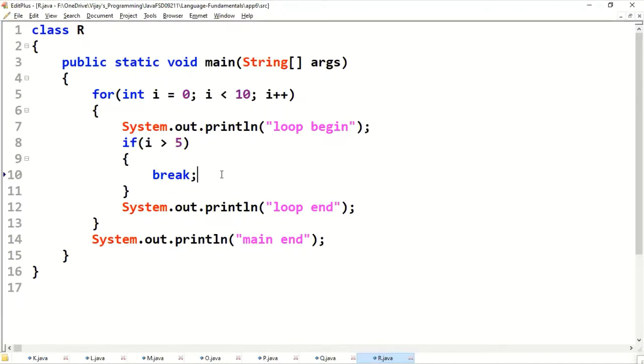Whenever this if condition executes, whenever i becomes 6, control will be entering the if block, then it is going to break the entire for loop.